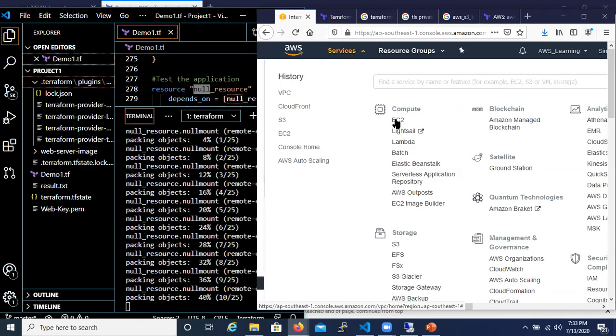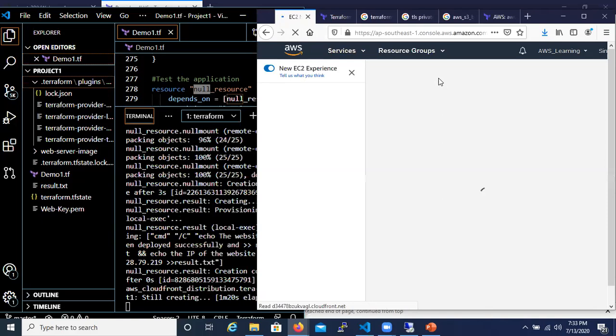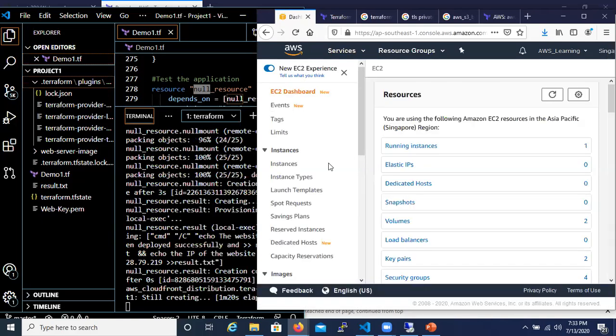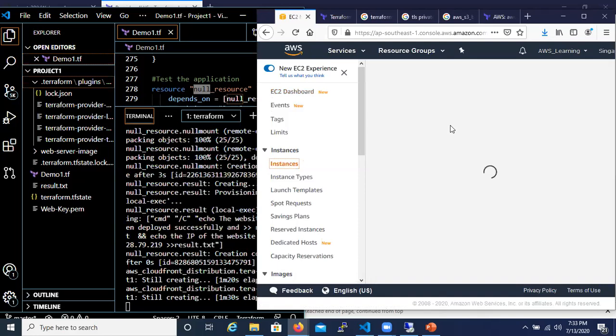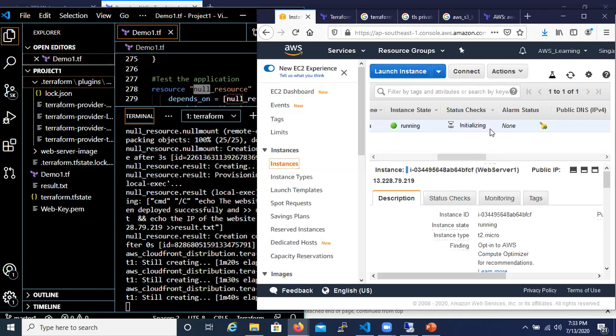If we go to EC2 and the instances section, it has also created a web server instance, and this is currently initializing. This is my web server.